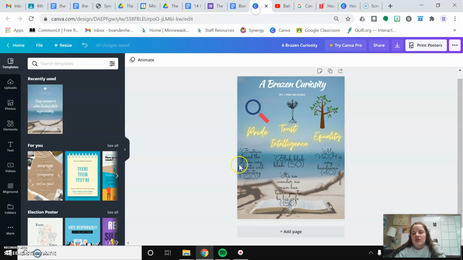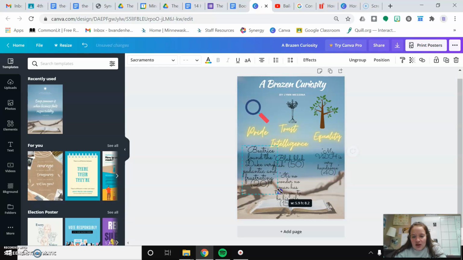Now the last thing I need to do for my poster is pick 4 quotes from the book. I don't have the book with me, so I just made these up, but I'm just picking quotes that I think are important in the story. So I picked Beatrice found the Duke very pedantic and frustrating, and then the page number. Remember, even if the character is not saying something, it's still a quote if it's taken directly from the book. So just to make this bigger so you can see,